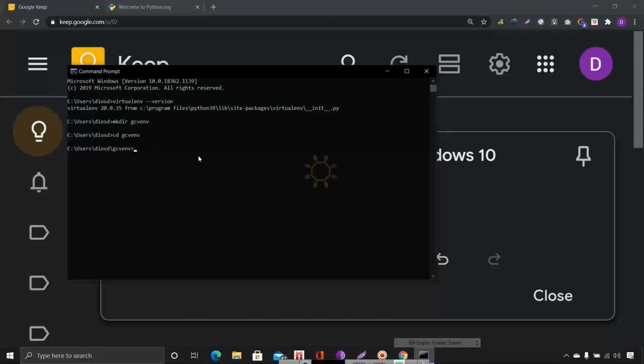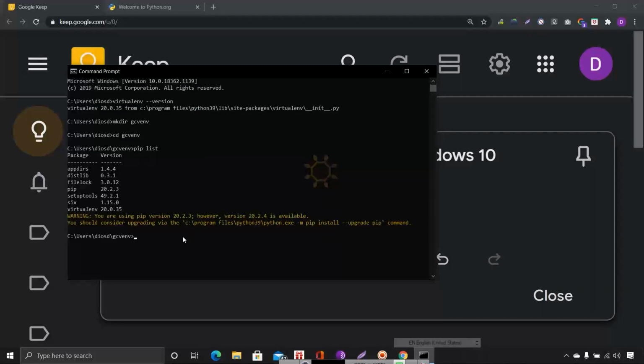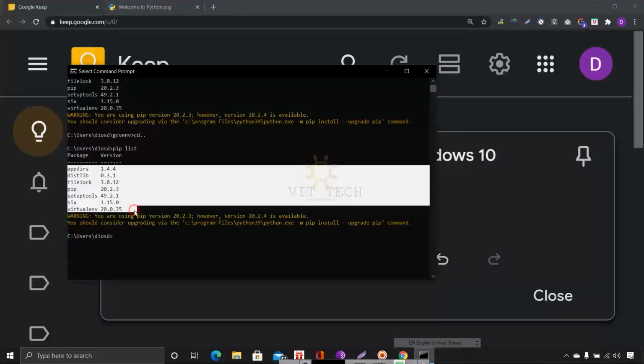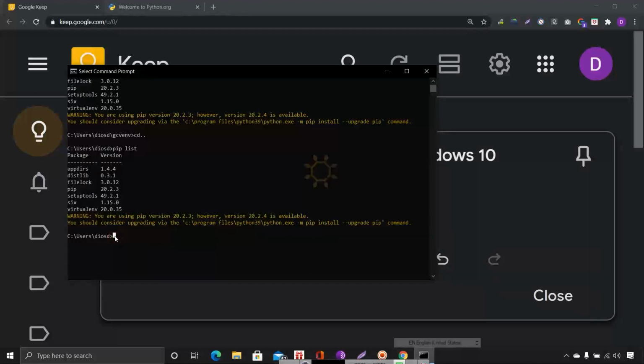Before that, we will just check pip list. This one is the main list. It will show all the packages installed by default on this computer, not in the virtual environment. The virtual environment we will show after activation. Now the virtual environment is not yet activated, so it is just a folder. If you run pip list, it will show only what is available by default on the computer. First we will create it and then activate.